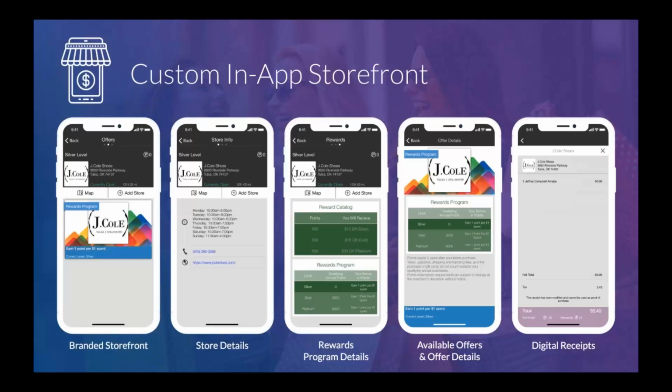There are a couple ways that your customers can keep track of their points and the punches. One will be right at the point of sale. When the cashier puts in their phone number, we'll be able to tell you the balance of their rewards and their offers. If they choose to download the mobile app, they will be able to see their points, punches, and digital receipts that we send them on the app,